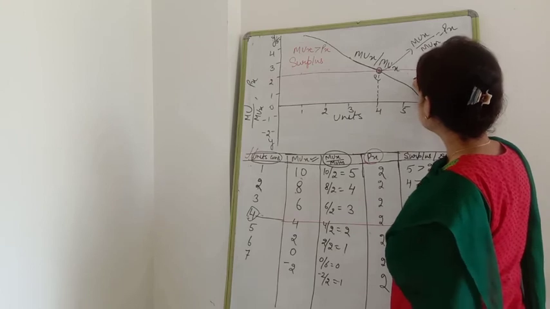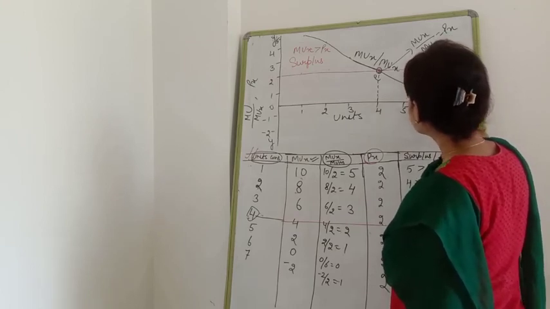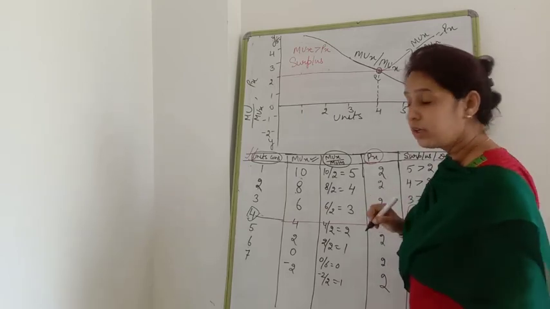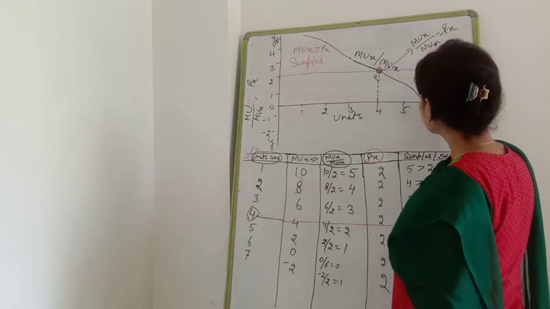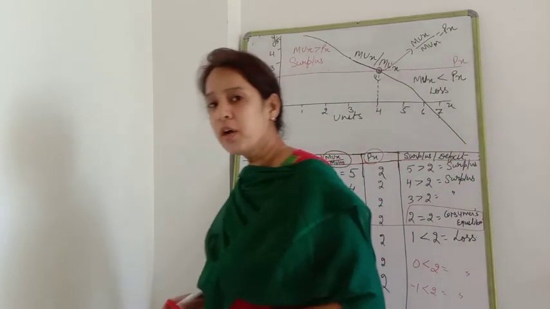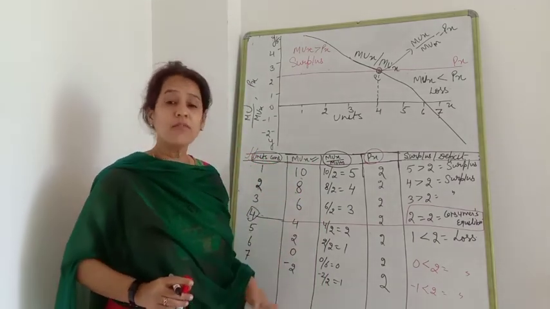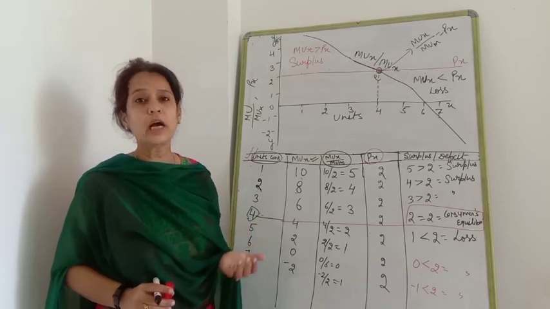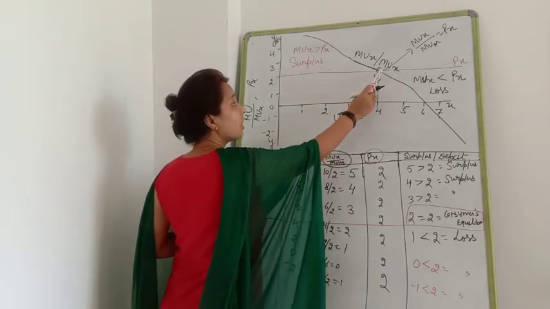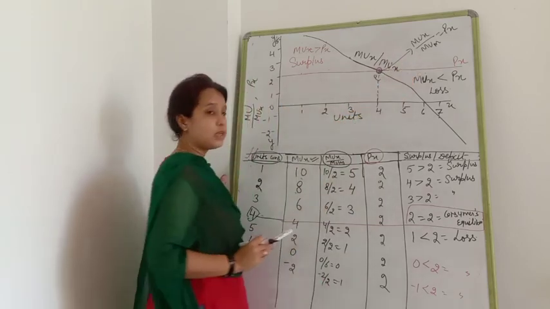So you can see very easily MUX, whatever satisfaction he is going to get, is lower and prices are higher. So in that condition, which position is he in? Loss position. So a consumer never wants to get a loss after consuming any kind of commodity. So he is going to stop his consumption at E point, where MUX upon MUM equals PX.